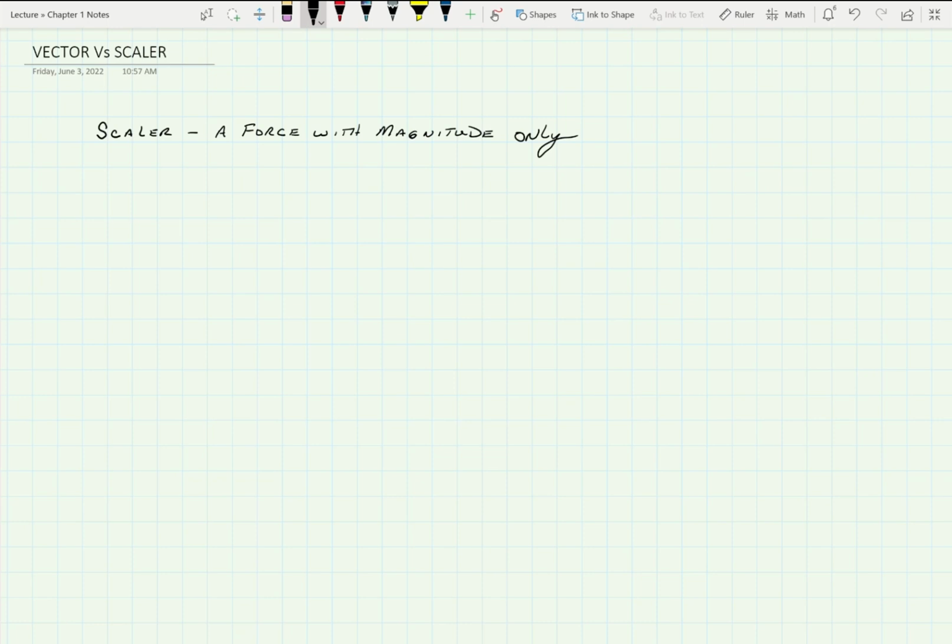Okay, so it is 10 pounds. It just goes wherever. There's no angle to give us a direction or knowing a distance or any of that. Okay, but a vector